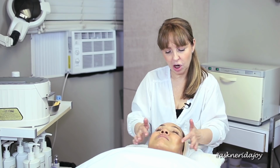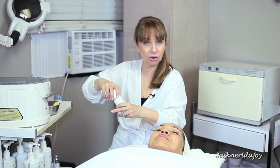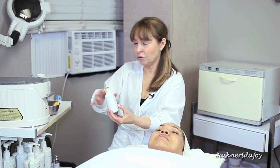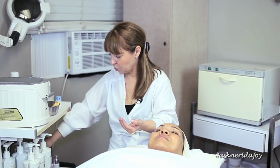So we've got the retinol on her skin. We've got healing gel, we've got retinol, we've put on an eye cream. I'm going to work in some of the Q Flavonoid into her skin. And I'm going to mix my Q Flavonoid with another serum that is really just going to...